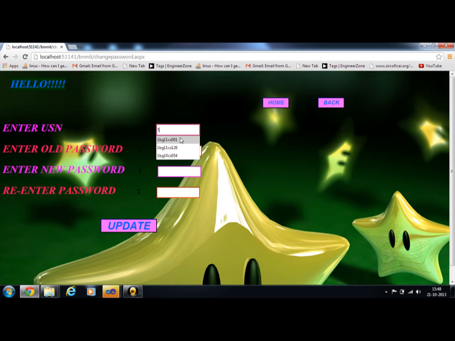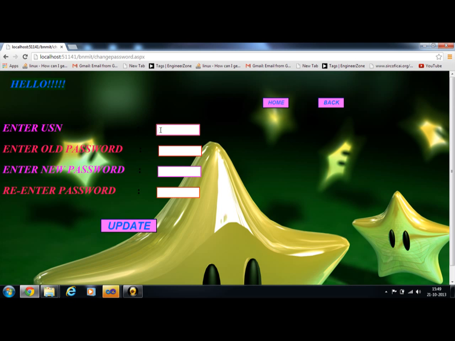Here the USN has to be entered. She makes a mistake while entering her old password. She'll enter a new password and she'll re-enter it again. When she'll click on update, the output shown will be incorrect password as her old password which she had entered was wrong. So, she'll go back, she'll enter the USN and this time she enters the old password correctly and